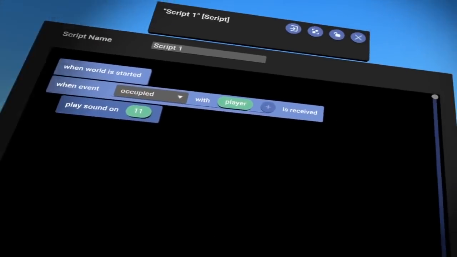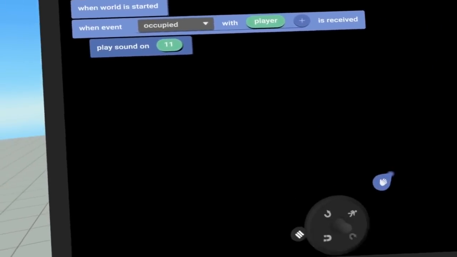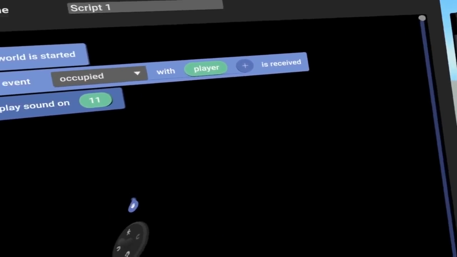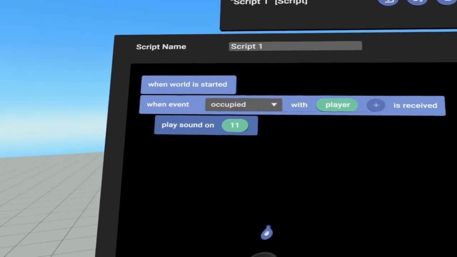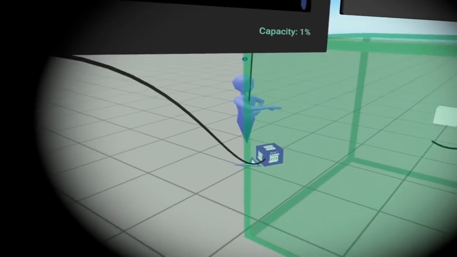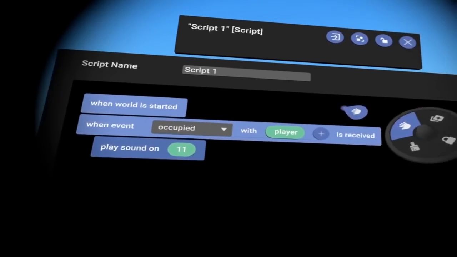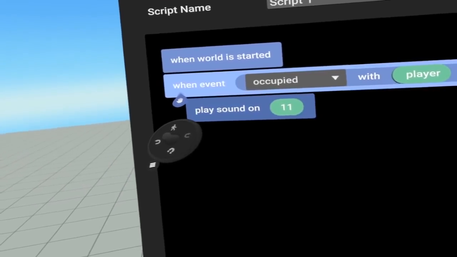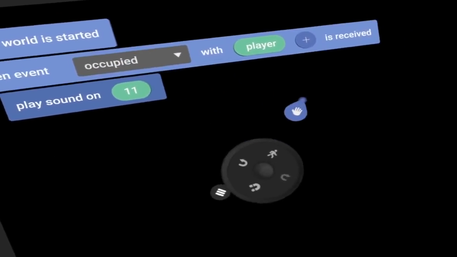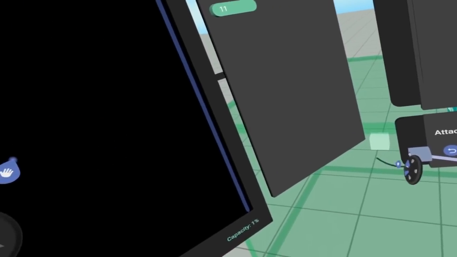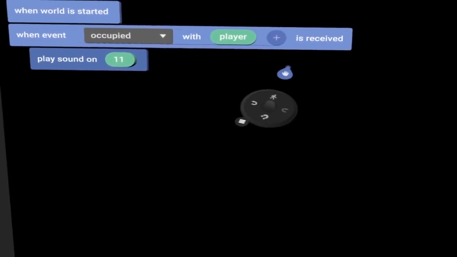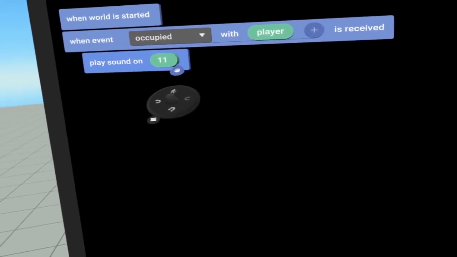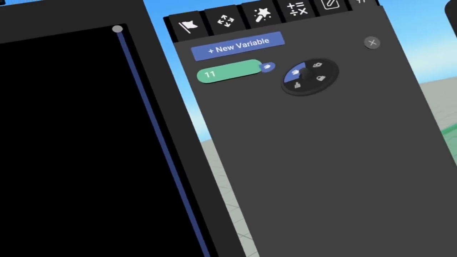So this one is very, very simple, and it still took me a little bit of time to get because I'm really bad with stuff like this, but obviously if you're better with stuff like this, it's going to be easier for you. So we've got our script gizmo right there, and this is what we have going. When the world is started, it's going to start playing the script. And basically I'm saying when event occupied with player, which is going to be this trigger zone that we're using right here, whenever I'm inside of that trigger zone, I want it to play sound 1-1, which I was messing around